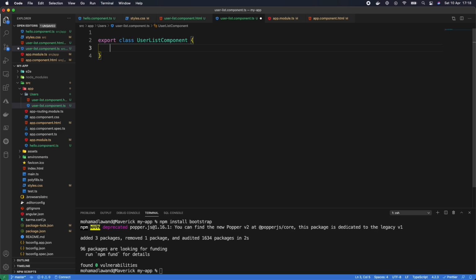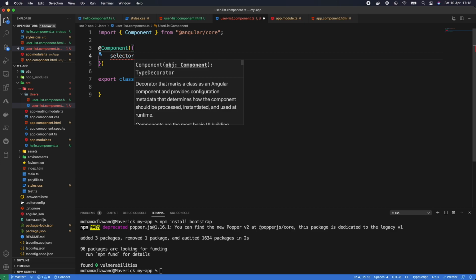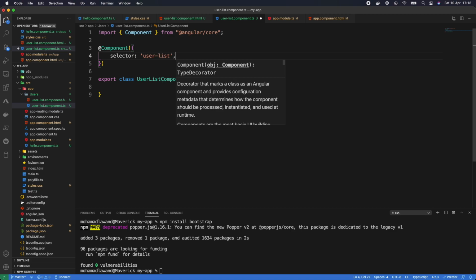Perfect. Once we do that, as we said before, we need to add a declaration for it. So we need to add @Component, and if we just type @com and press tab, Visual Studio will automatically do the auto completion for it, and we'll add the required import. And then we need to open a bracket and then curly braces, and then we need to add the selector. And the selector, as we said before, is the HTML tag that's going to be referring to this component. So let's type selector, and we can just make it user-list, as simple as that,